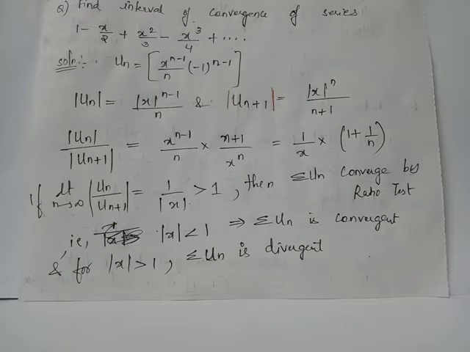Find the interval of convergence for the series 1 minus x by 2 plus x square by 3 minus x cube by 4 plus etc. In order to find out the nth general term for the given series, notice that